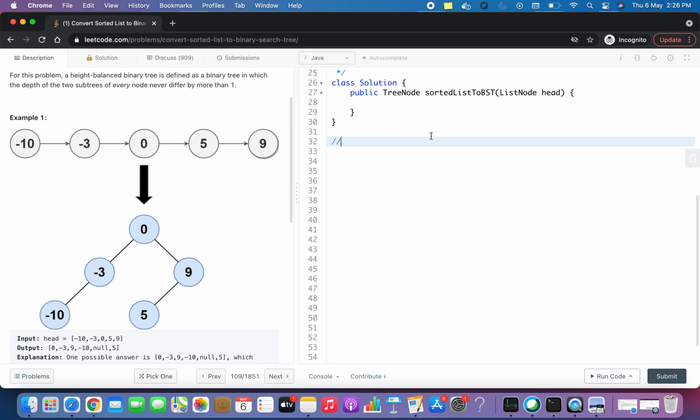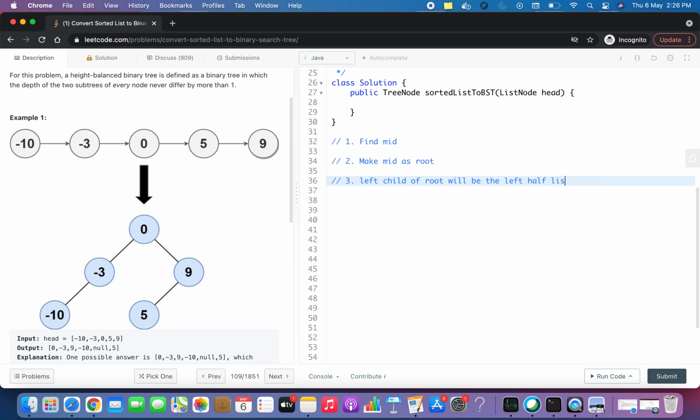Okay, so the first step is to find the mid. The second step is to make the mid the root. The third step is that the left child of the root will be the left half of the list, whatever nodes are left in the list.